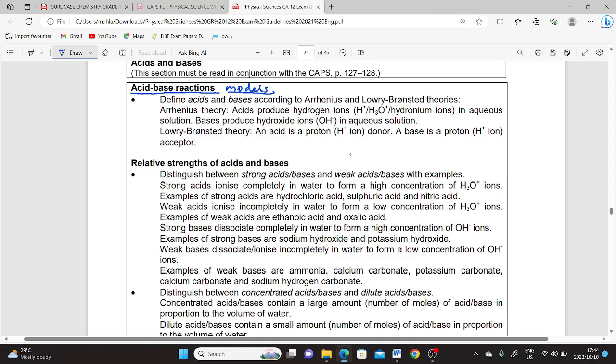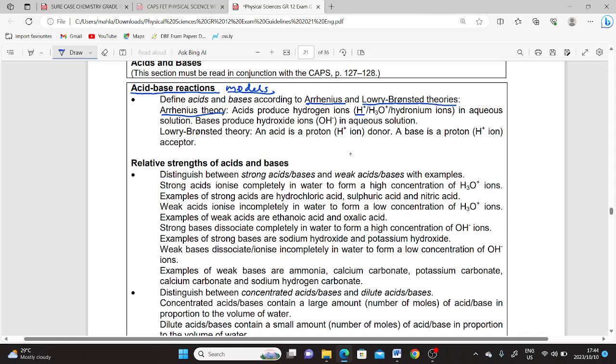First one, they're saying define the acid. The first one is Arrhenius and the second one is Lowry-Bronsted theories. So that is defined in two ways. So let's try to define the acids and bases in two ways. Number one, we have the Arrhenius theory. They're saying acids produce hydrogen ions, which is H plus or